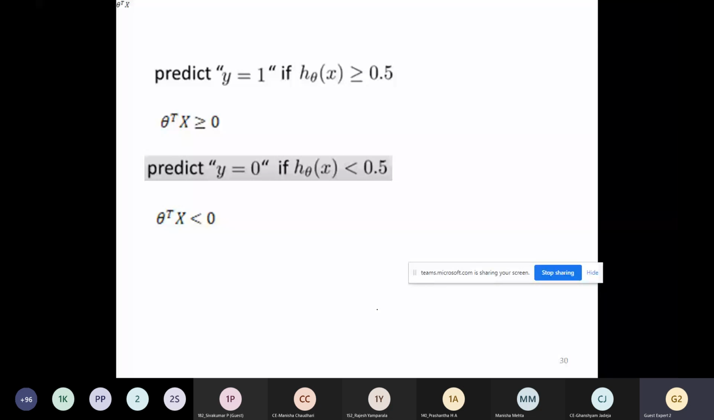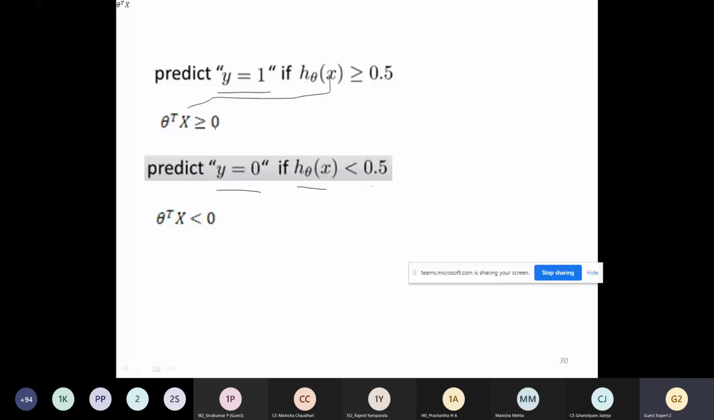How does logistic regression work? If h of theta x is greater than 0.5, then we are predicting 1. And if h of theta x is less than 0.5, we are predicting 0. Whenever theta transpose x is greater than or equal to 0,